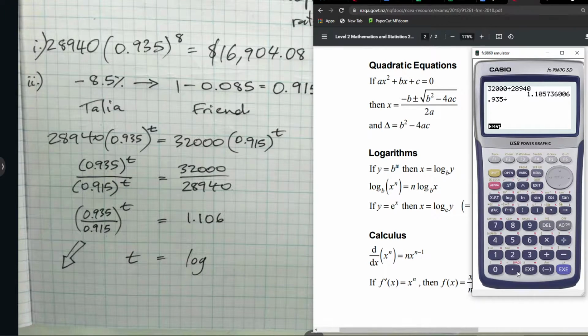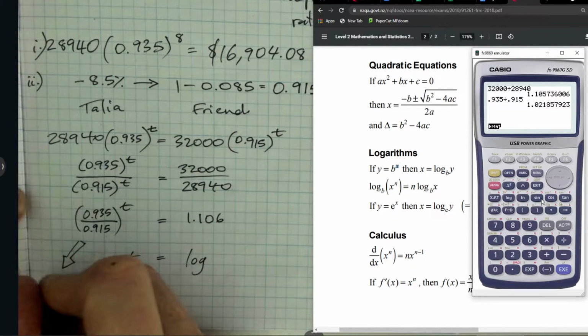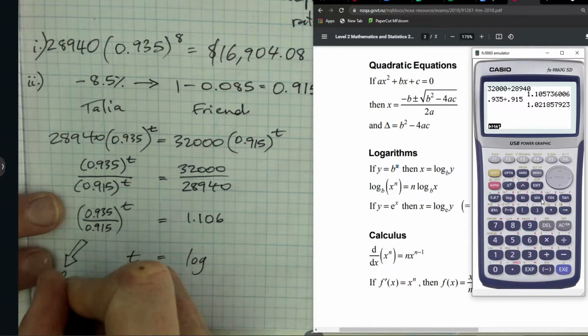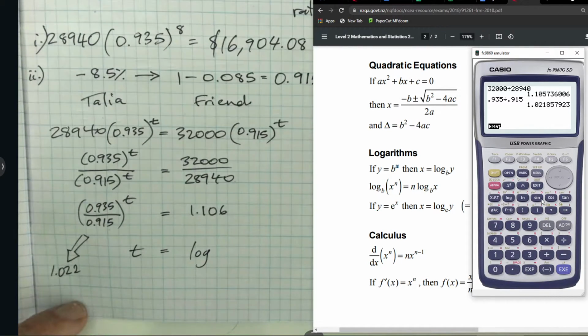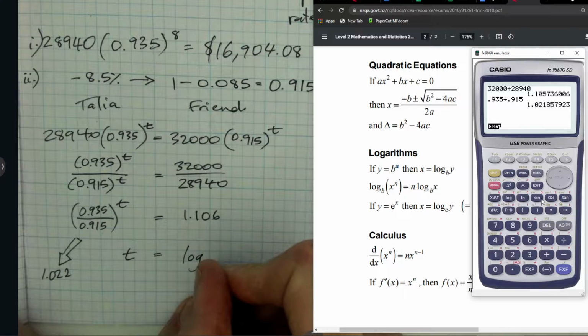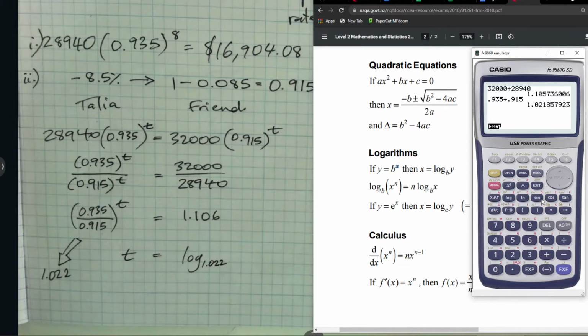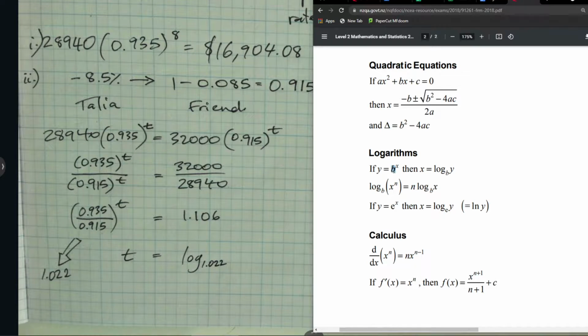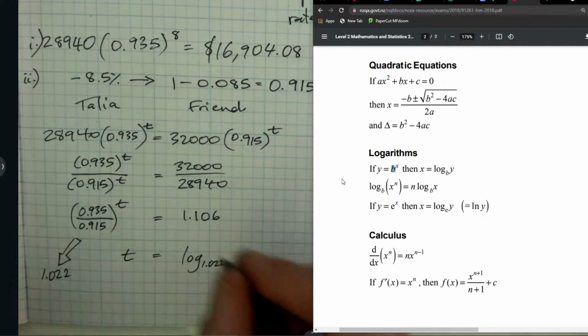0.935 divided by 0.915. That's 1.022. That's just so that I can write a nice little log down here. See how the base of the power, b, is the base of the power here, so that means that when it's log base b, it goes down here, and then our original y equals, which is this, gets put on the end of the log, so it's